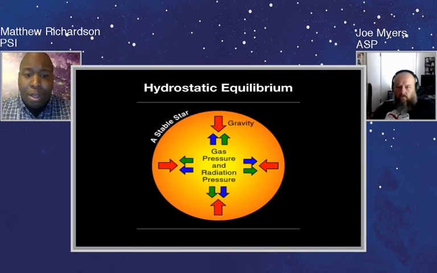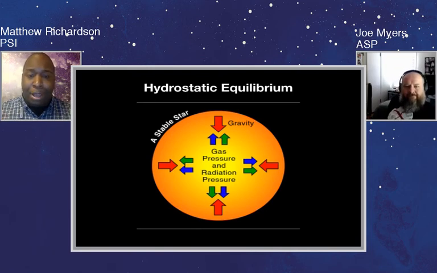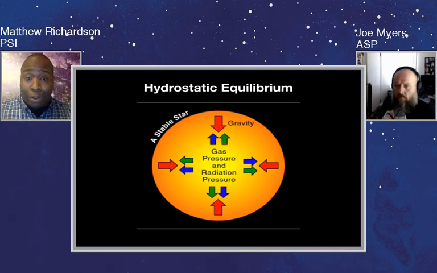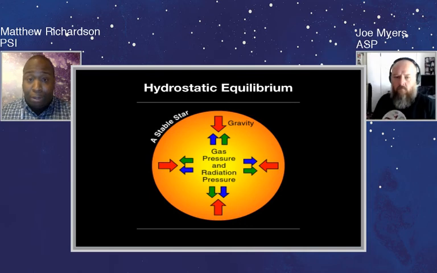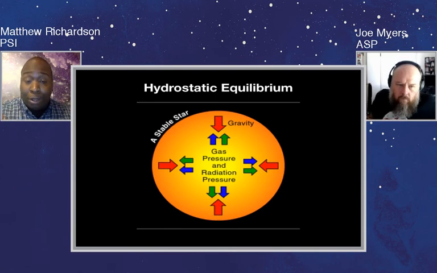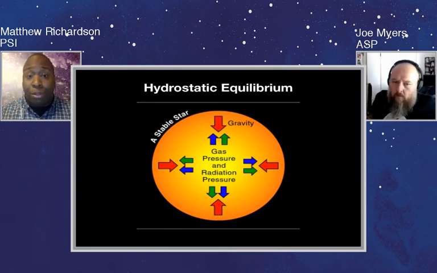This process in which the star is in a stable state is known as hydrostatic equilibrium. At this point in the main sequence star's lifetime, we have gravity constantly trying to push the star in, while we have pressure acting on the gas in the opposite direction. These two pressures are the gas pressure from the particles themselves within the star, and the radiation pressure, which is due to light being produced from nuclear fusion occurring within the star's core.